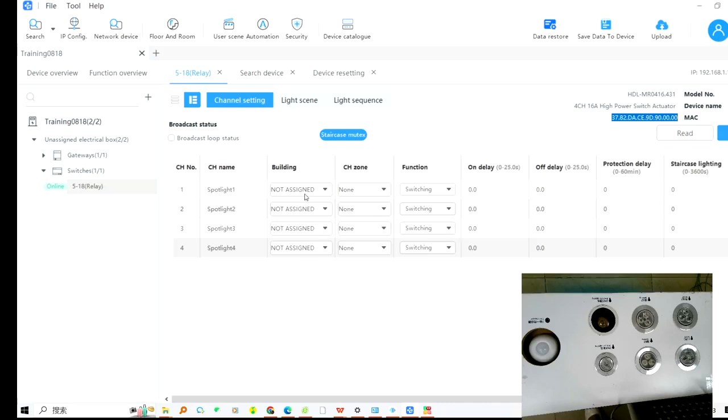From this building option, you can assign this channel to the real area of this project. For example, if my spotlight 1 belongs to my living room, spotlight 2 belongs to my living room, and spotlight 3 and 4 belong to my bedroom, then when I finish the commissioning and upload this project to my OnPro app, these channels will appear in the